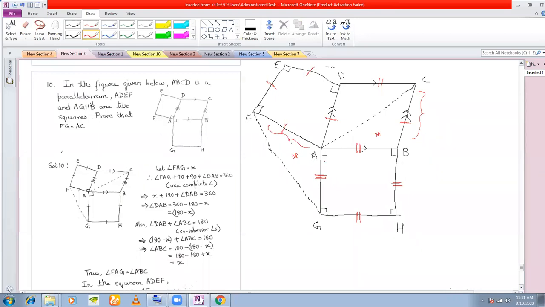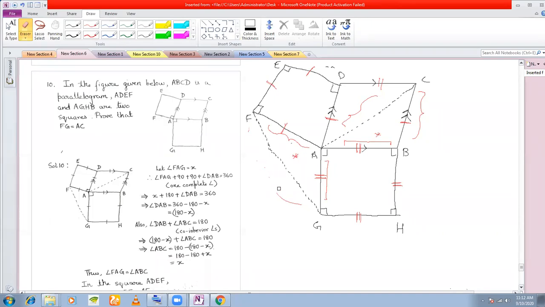Also, this side of this triangle is equal to this side, right? So two corresponding sides of the triangle have been shown to be equal. Now what is left? Either one side you can show or one angle, but the side you have to prove, isn't it? The only side that is left is FG and AC, but you have to show them to be equal. So you cannot take them to be equal. Okay, that is what you have to prove.